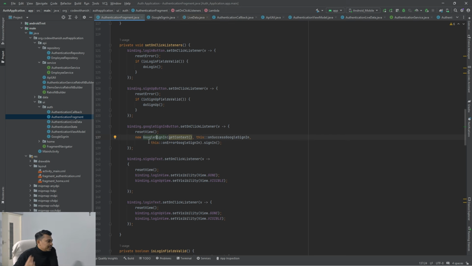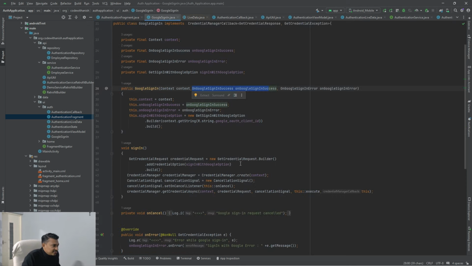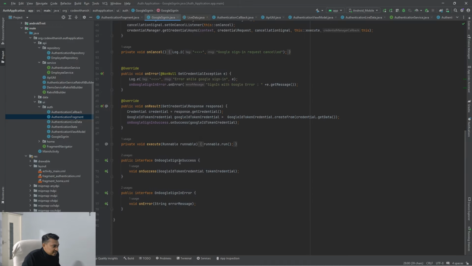Google sign in should take place independently, and once the result is there, we should get that result in our fragment. So if it is success, we should get a success result here, or an error, we should get an error. For that, I have created an interface here, a sign in success and sign in error interface,